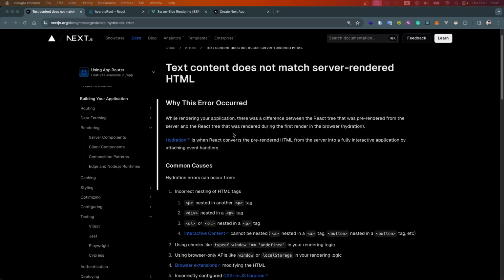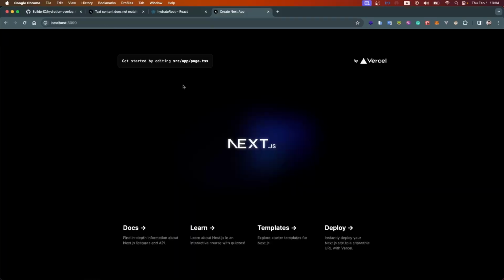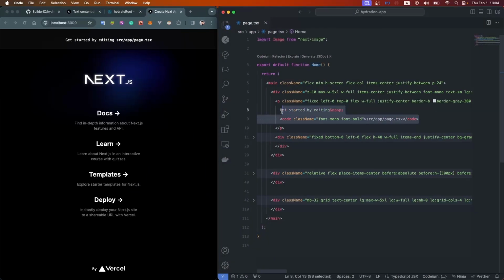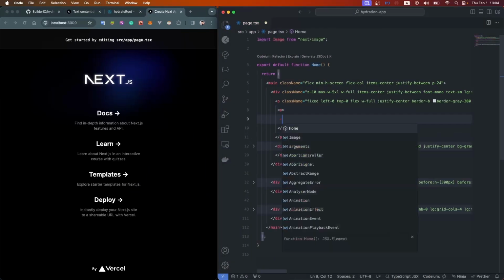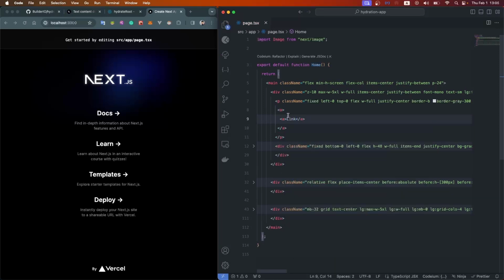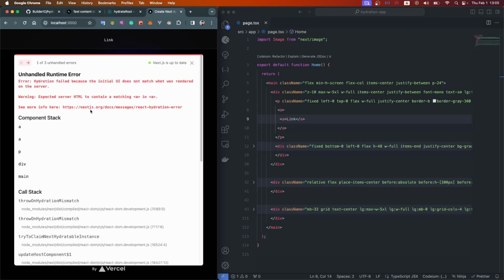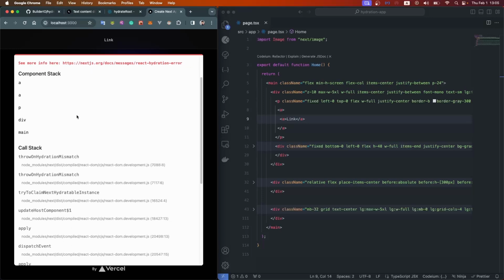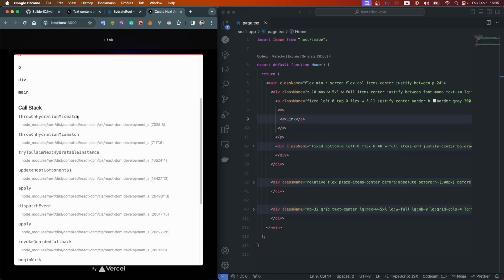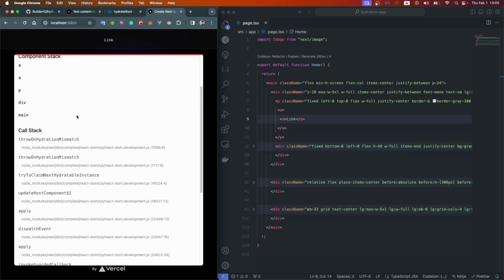Alright, here I have a Next.js application running on localhost port 3000, and I'm going to make a change to see the hydration error in action. So if I try to add nested A tags in my page.tsx file and reload my application, we have no way to properly inspect the root cause of this error. The call stack is not properly showing the files and the differences between the rendered version on the server